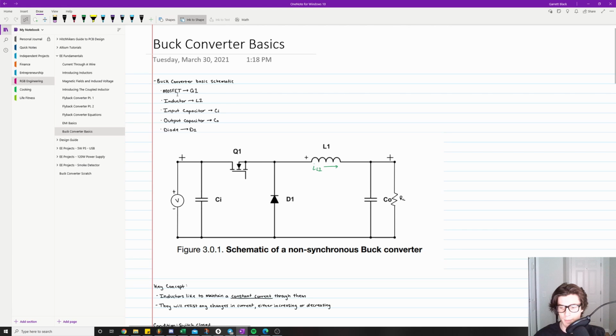Buck converters. They're a type of DC-DC converter that converts a higher voltage to a lower voltage. In this video, I'm going to be going over some of the basic operational concepts. We're going to be doing some circuit analysis, and we're going to be looking at some waveforms for the buck